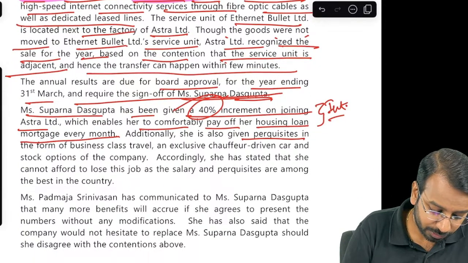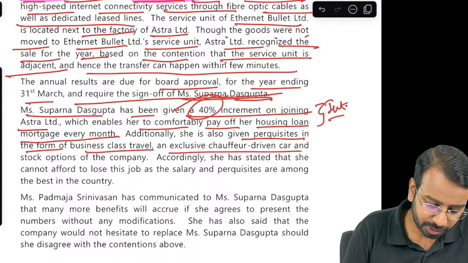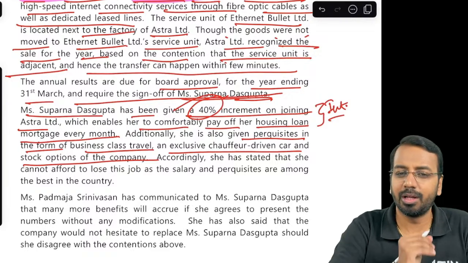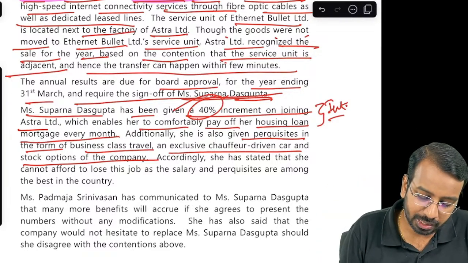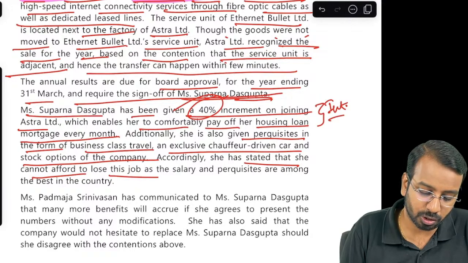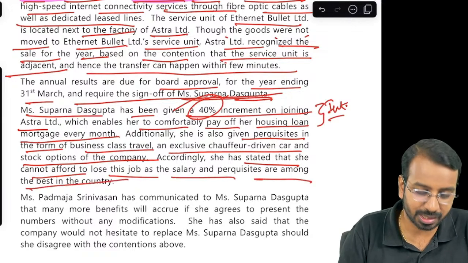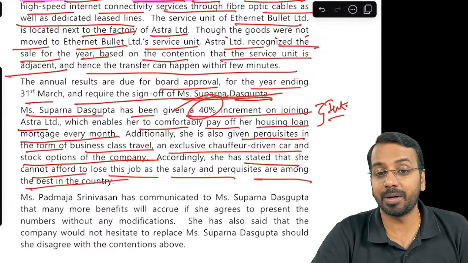Additionally, she is also given perquisites in the form of business class travel, chauffeur-driven cars, stock options of the company. So, a luxurious life. Accordingly, she has stated that she cannot afford to lose this job as the salary and perquisites are among the best in the country. So here, what has happened? There is a threat to independence. Why? Because